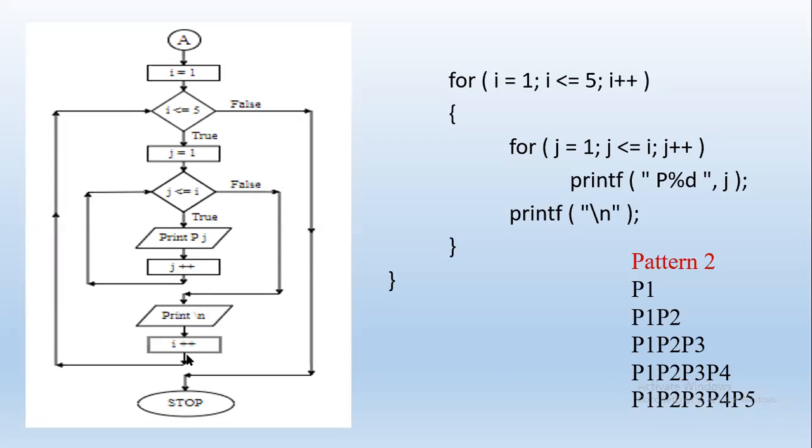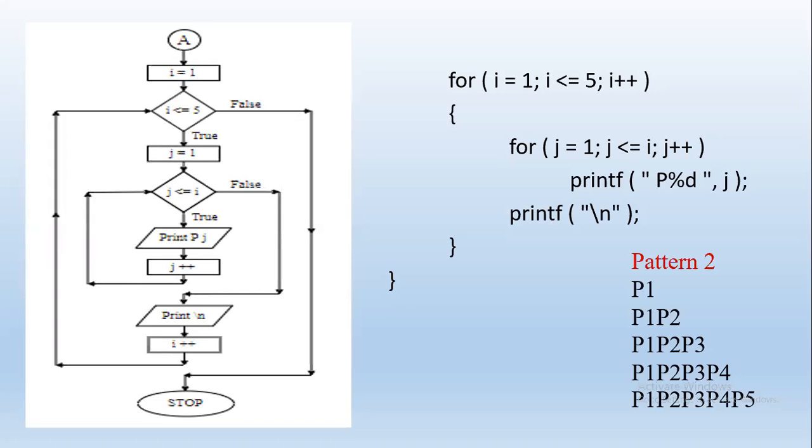So a \n, and every time we increment I. So I increments, there is a new pass. So here this outer loop executes, right? And for every value of the outer loop, we have multiple executions of the inner loop. So in this case, J less than equal to I, we'll have multiple executions of the inner loop. So let us see how this works exactly with the help of tracing, right?